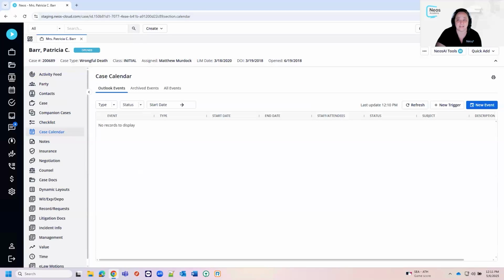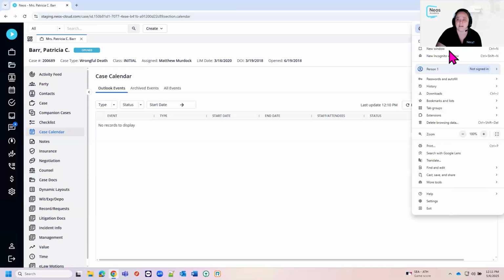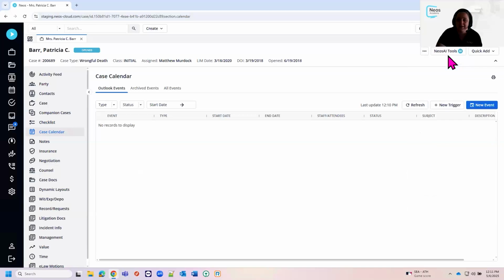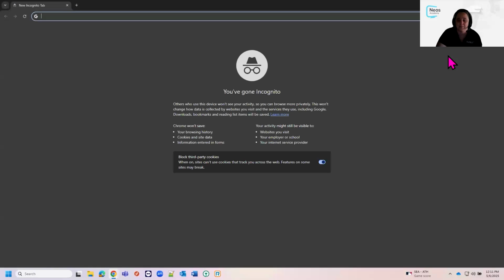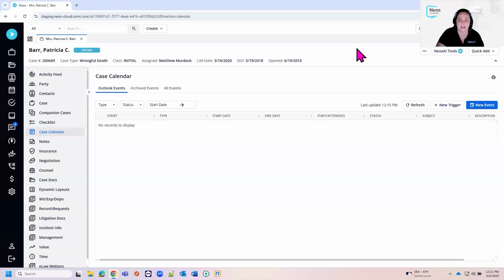Now, if that doesn't work, it could potentially be your browser cache or your cookies. One way to see if that's what it is, you can come up here to the top and click on your three dots and go to an incognito window and sign in there. If it works when you sign in here, you'll have to navigate back to Neos, obviously. Once you're in here, if it works, that means that it's something in your browser cache